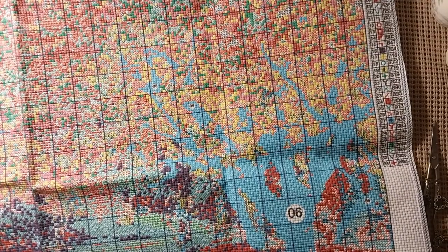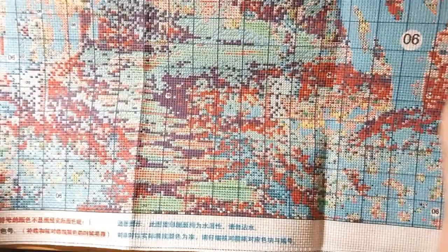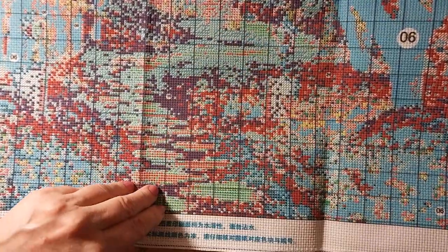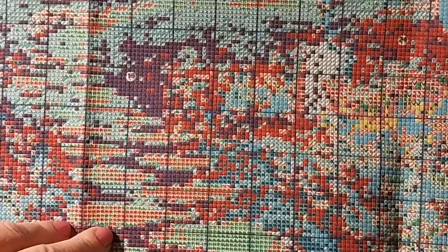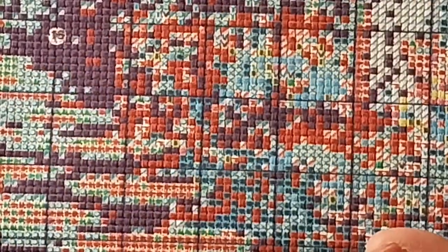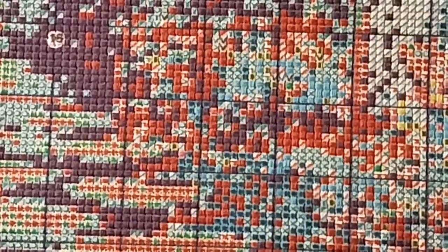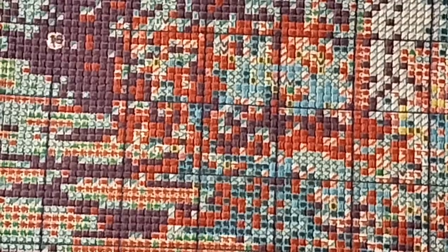I mean, it's printed dark enough that you can see all the symbols. I'm just gonna do it this way. I'll bring you down. Very nice, very easy to see, because it is kind of wide. But I'm surprised it didn't say that it would